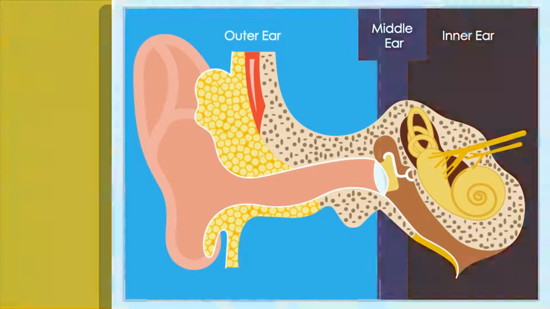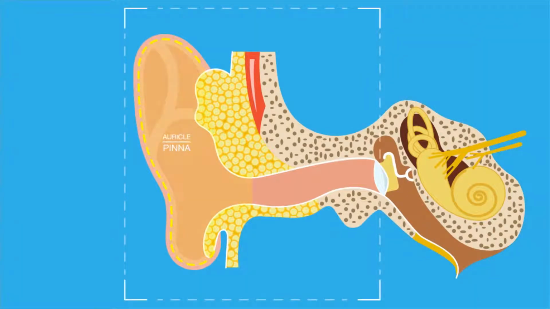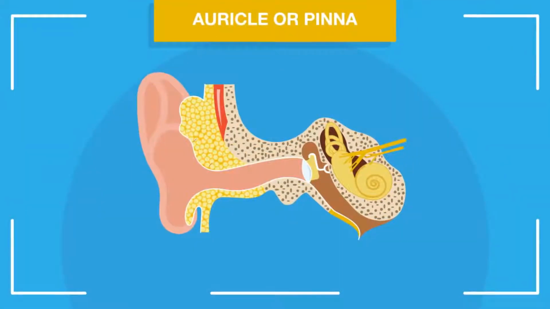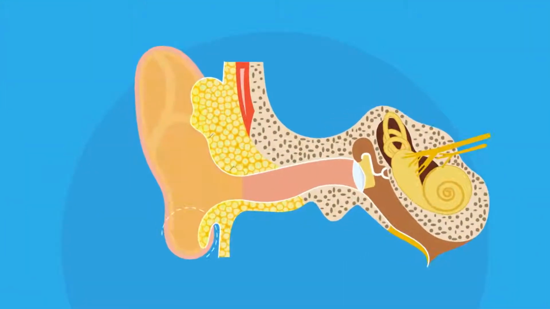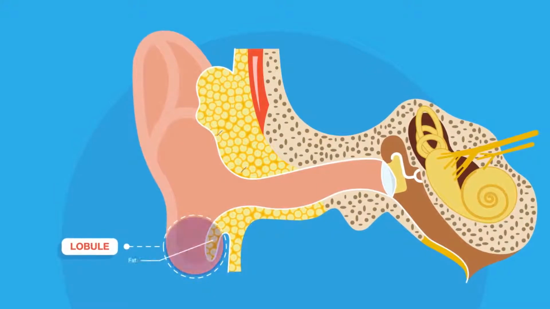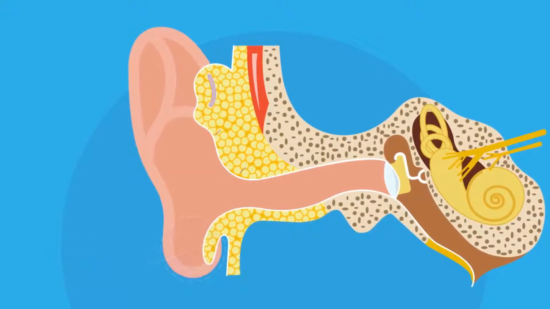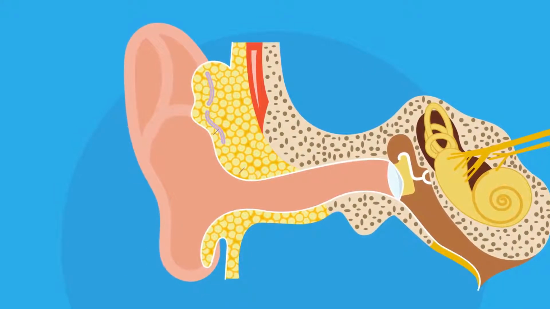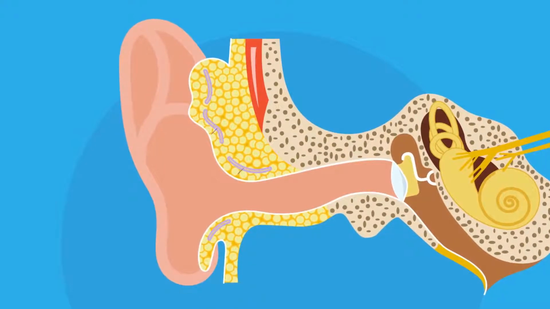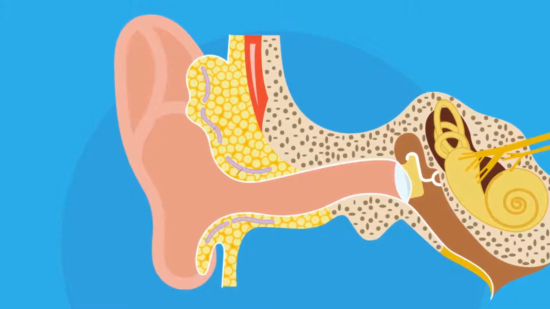Its three parts are: 1. Auricle or pinna. 2. External acoustic canal. And 3. The tympanic membrane. 1. Auricle or pinna. The entire pinna, except its lobule, which is made of fat, and the outer part of the external acoustic ear canal, are made up of a framework of a single piece of yellow elastic cartilage, which is